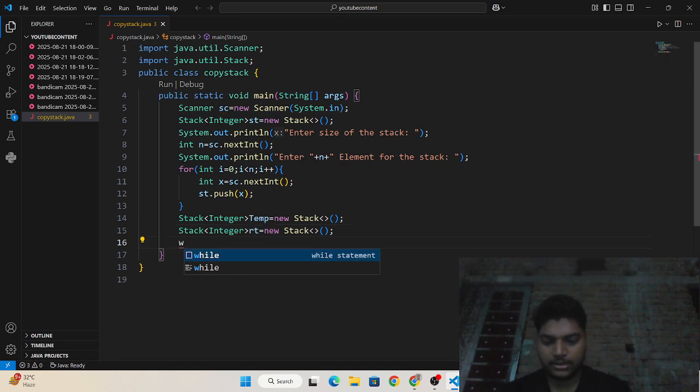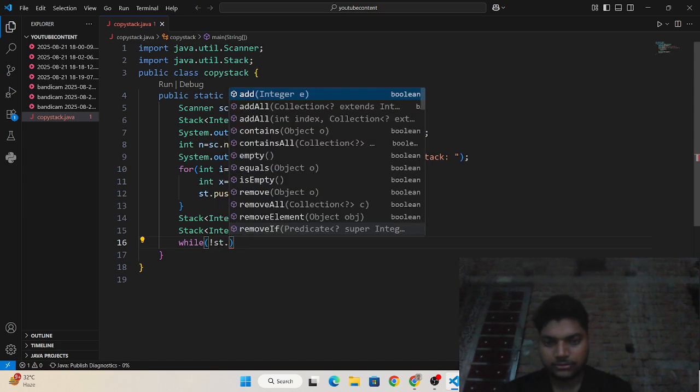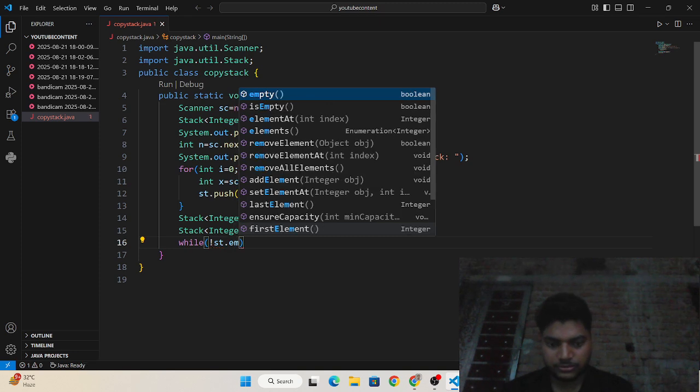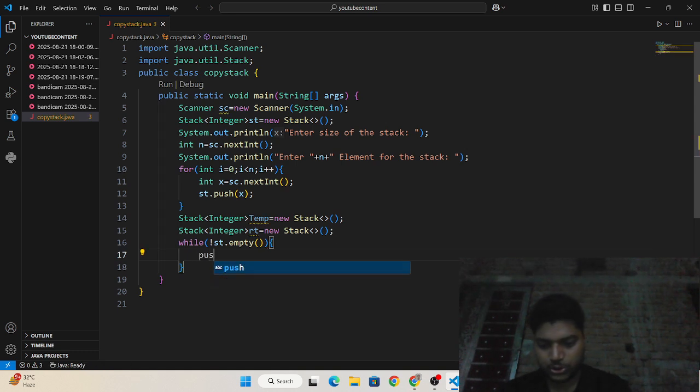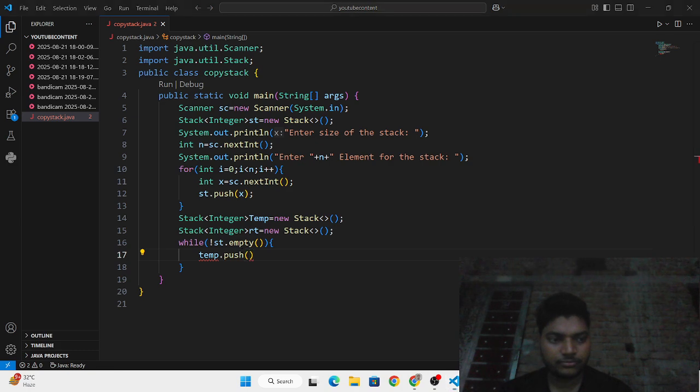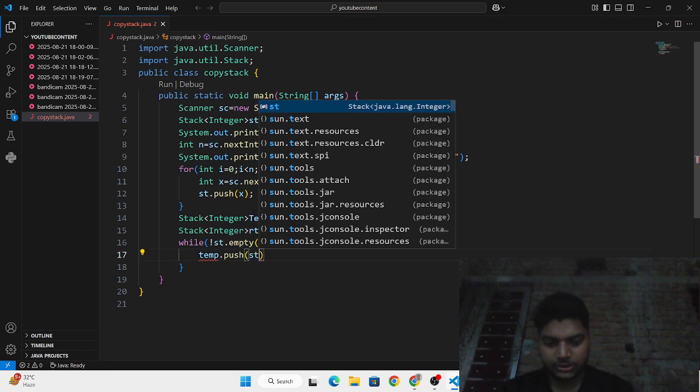Okay, while st dot empty is not there, then you need to write temp dot push and st dot pop.